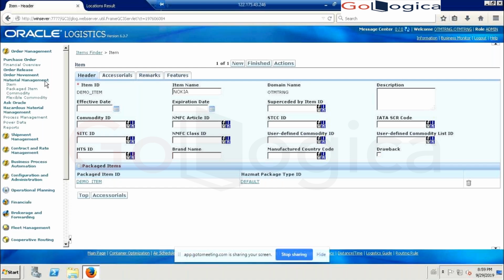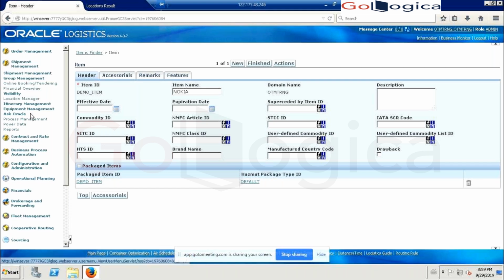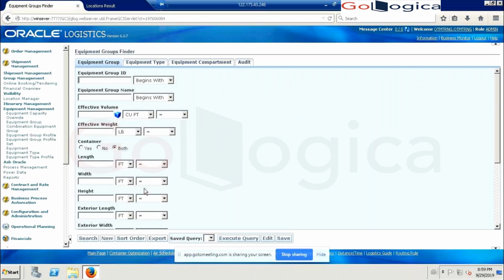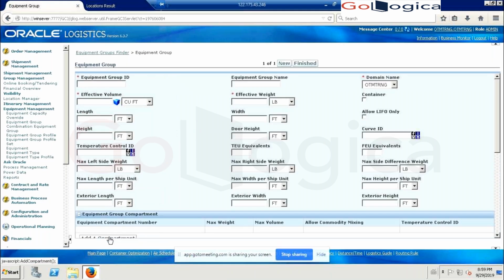Equipment group can be created from shipment management. So shipment management, equipment management, and we are creating the equipment group. Basically now I'm planning to create the 20 feet container with a weight of 1000 kg and volume of 1000 cubic meter.